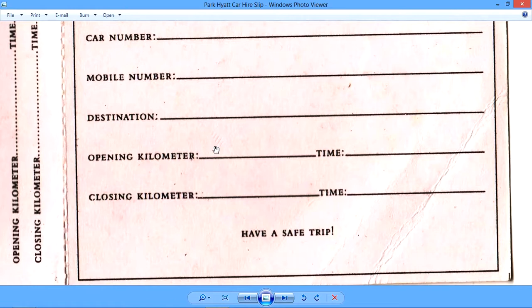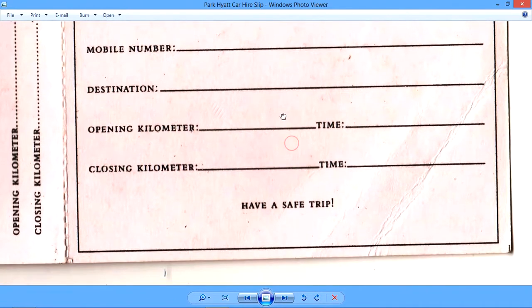I think it is called the odometer, where you can check the speed of the car. There are meters also for the total kilometers covered by the car so far, and also the kilometers per trip. It also measures the per trip mileage. So opening kilometer is written here, and what time it was taken is mentioned here.